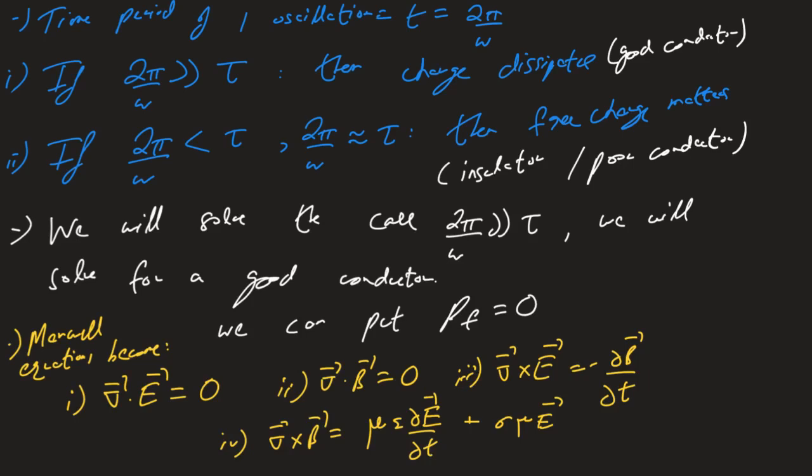And the main thing that we've been allowed to do by putting rho f equal to 0 is modifying the first Maxwell equation, and this will come in very handy actually. But please do make sure that you understand exactly what scenarios these Maxwell equations are working for, and how they're different from the Maxwell equations for an insulator. The only difference is this factor of sigma. If you put sigma to 0 as we did for an insulator, you will recover the exact same differential equations we had for an insulator. Okay, so that's the only difference. So now that we have our differential equations, let's derive the wave equation